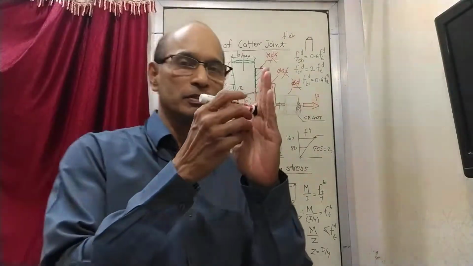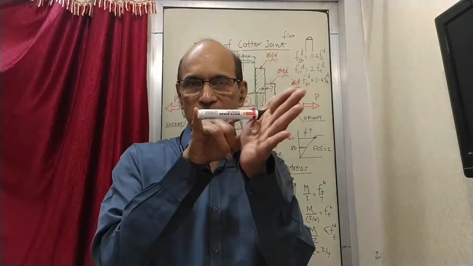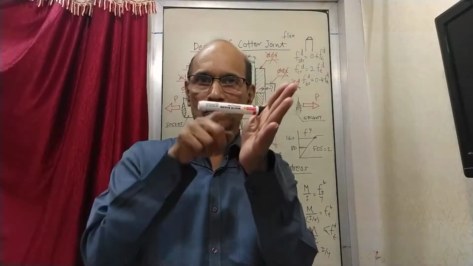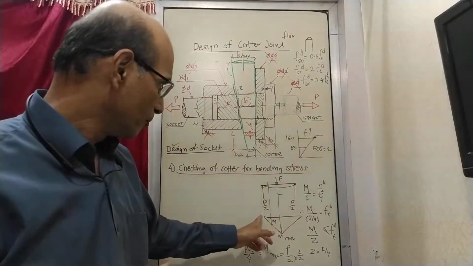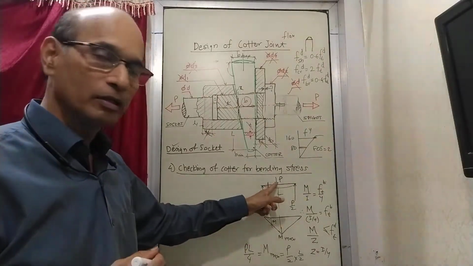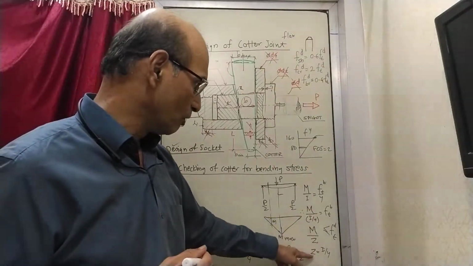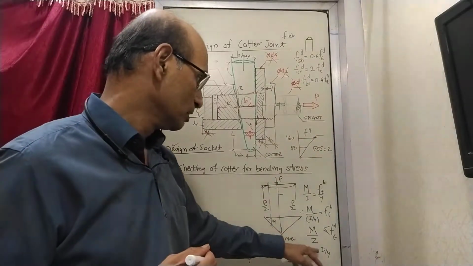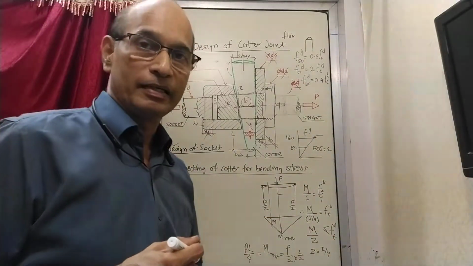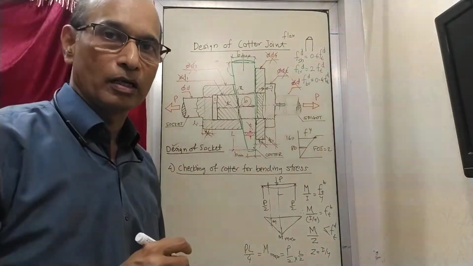So it is like saying that suppose it's a beam, it is a cantilever basically, it is hanging like this, this distance is something x, and if you apply force P here, then this P into x, that is the amount of moment that is acting. So same thing is here, P by 2 is the force, L by 2 is the distance, so P by 2 into L by 2, that is the moment acting here, which is the maximum bending moment, and that is what is taken here. That divided by the section modulus of this particular section, that is going to give you the stress, which should be less than the design tensile stress. So this is what we are now going to apply to this particular cotter pin.